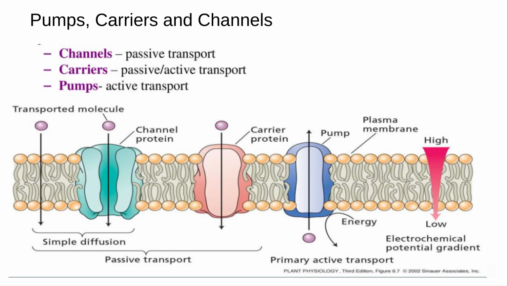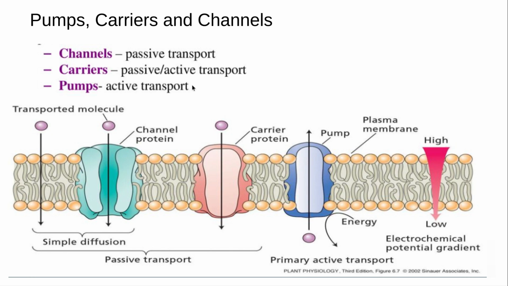So essentially there are three types of proteins: channel proteins, carrier proteins, and pumps. Pumps, as we just saw, are required for active transport because you're pumping against the gradient. So here you see energy is being used, and that energy is used to move things against the concentration gradient. When you have passive transport, that can be facilitated through channels, and carriers can facilitate passive as well as active transport. So we'll see the difference between carriers and